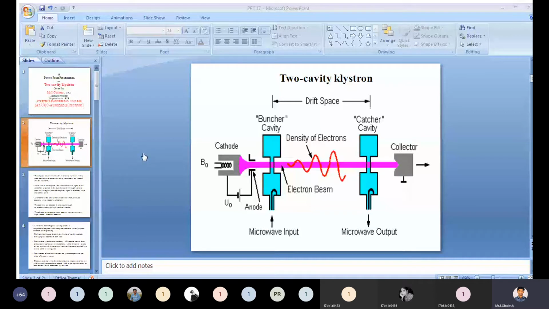If you heat this filament, then only will electrons be produced. Those electrons are attracted to pass through the anode. Here we have the anode. These electrons will pass through this anode,